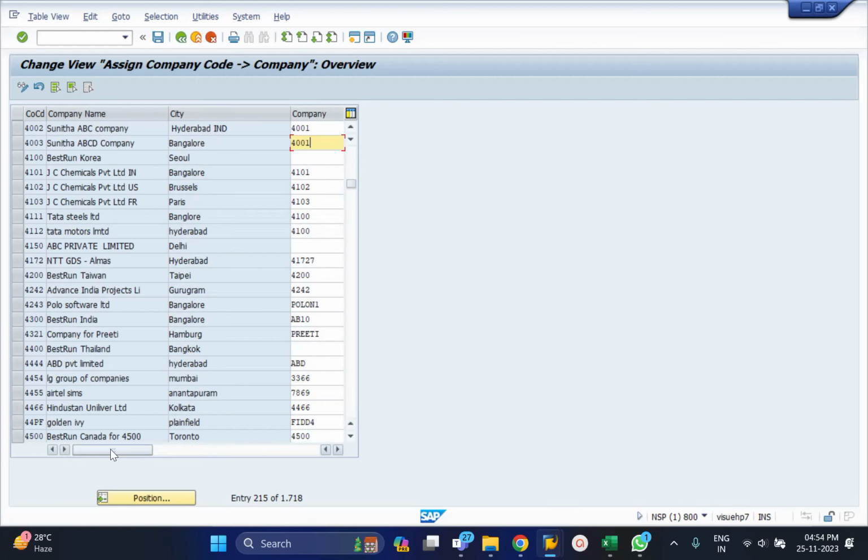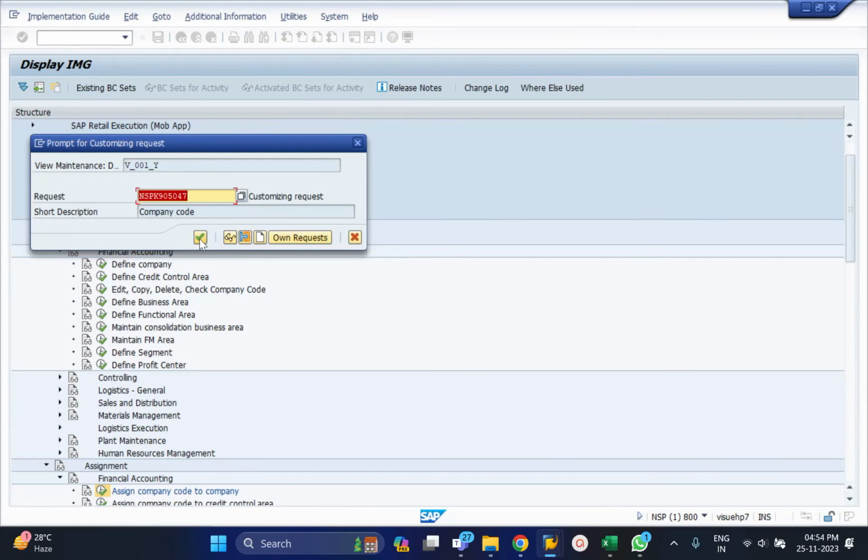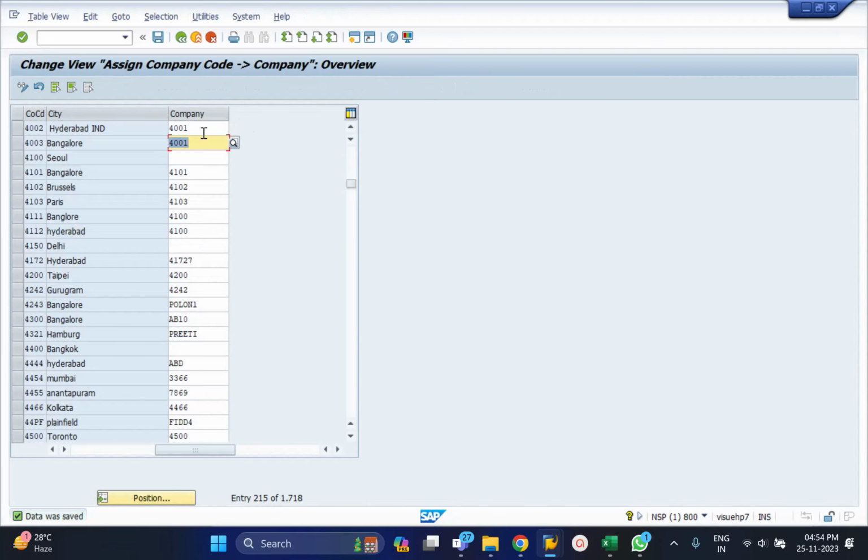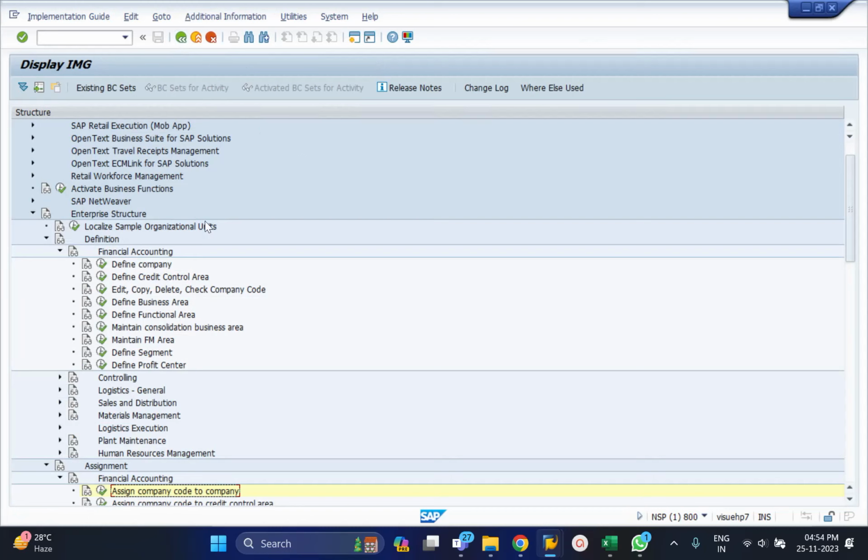Okay. Now these company codes are assigned under company 4001, which is Sunita's. So I'm saving with Control S and then clicking on this icon. Now company codes are linked to company. We have already linked personal sub areas to personal areas, but the personal area is not linked yet to